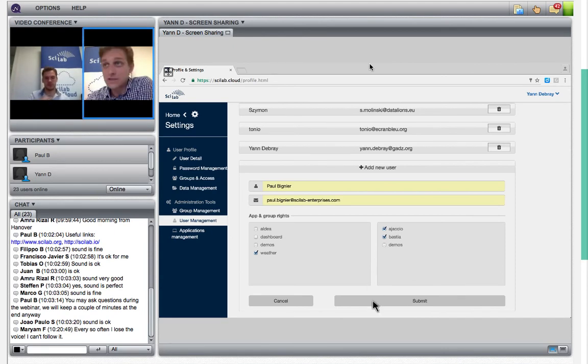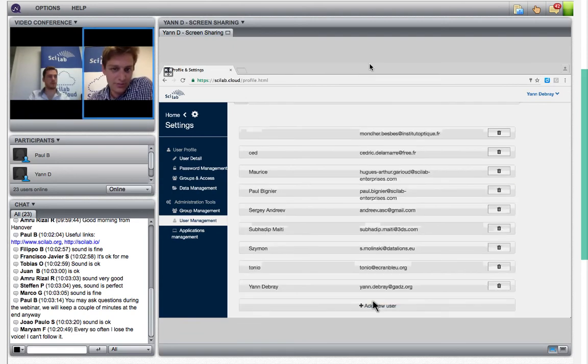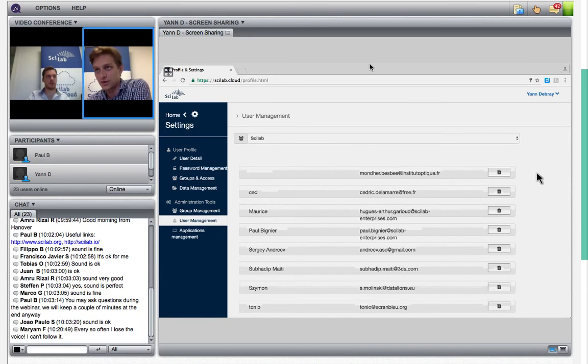So here you're going to see how through this group management we are enabling also this data management for different users. So here you go. I just created Paul, and I'm going to hand it over to him so that he can show you from his user perspective. So here I was just the administrator of this application. He will be the user, and we're going back to his screen